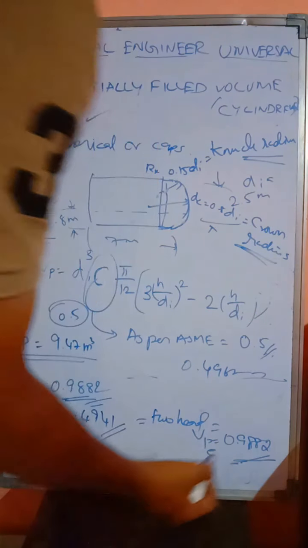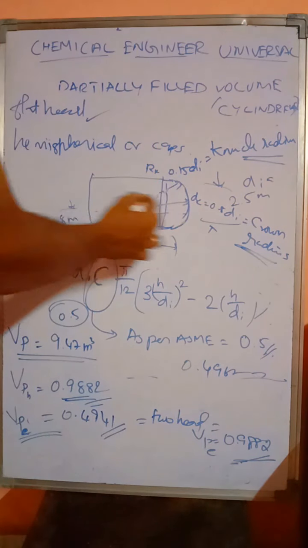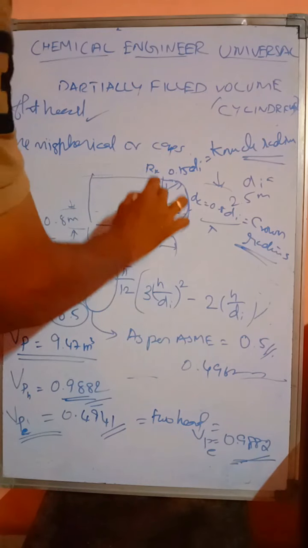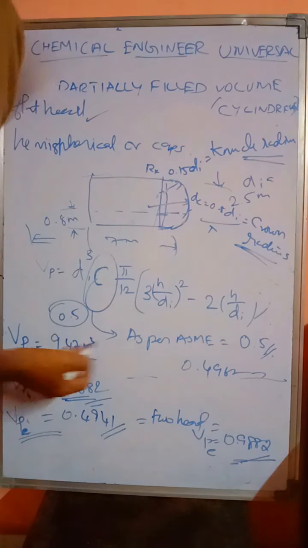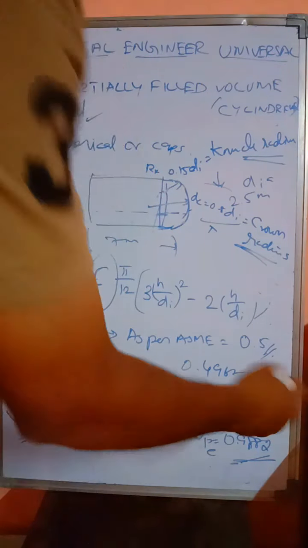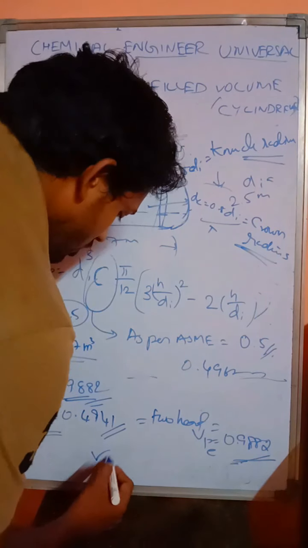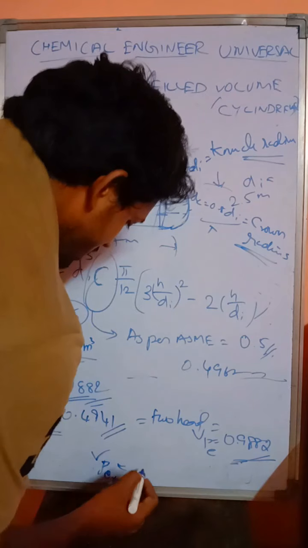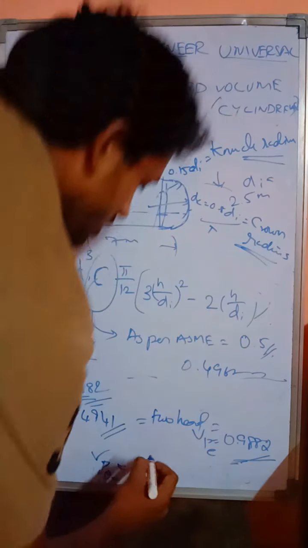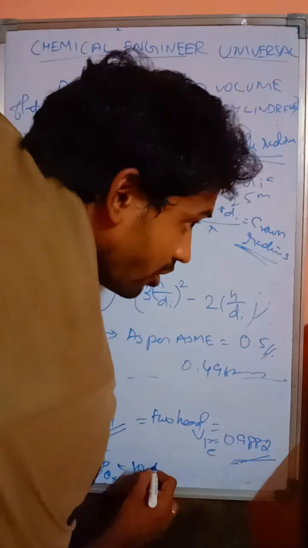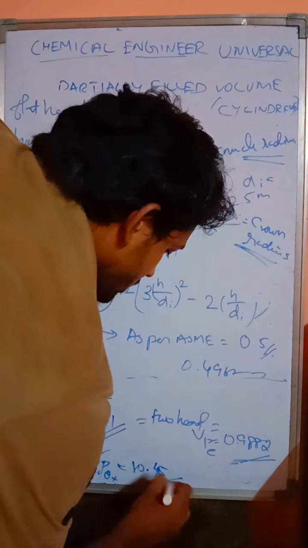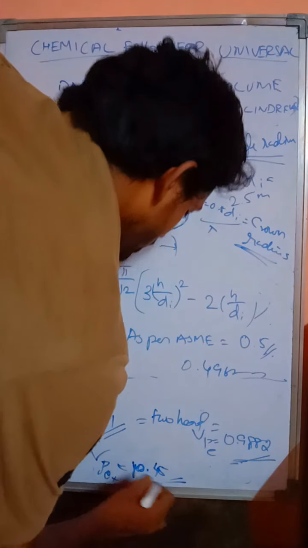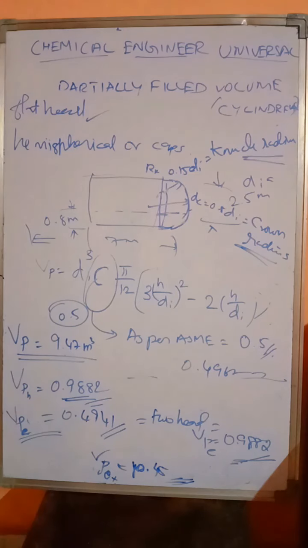So you have got this elliptical partially filled volume, and you need to calculate for this flat portion also, that was given 9.4. Just add these two and you will get the total value of around, just take it for reference, give any names, it will be 10.45 something. So that's how you have to calculate.